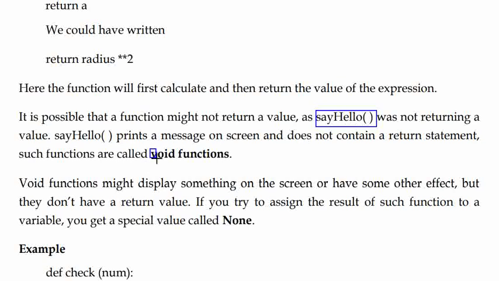Void functions might display something on the screen or have some other effect, but they don't have a return value. If you try to assign the return of such a function to a variable, you get a special value called None.